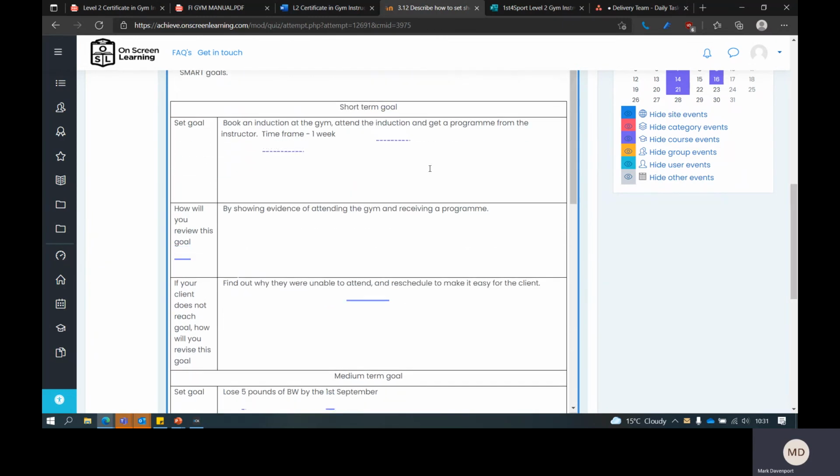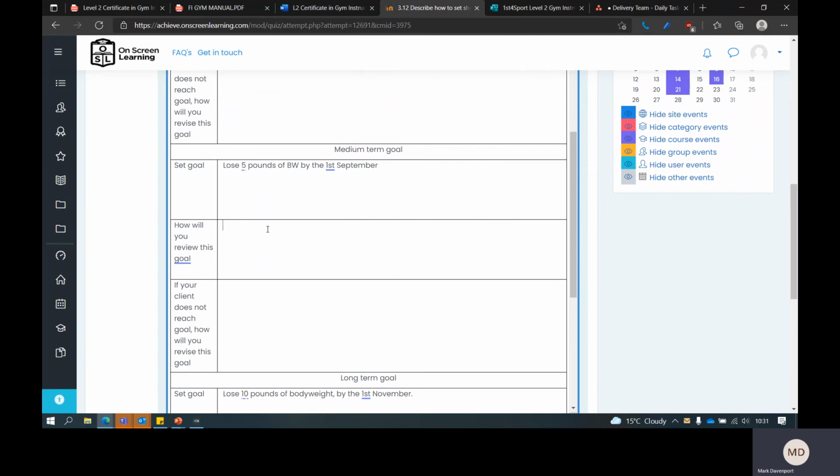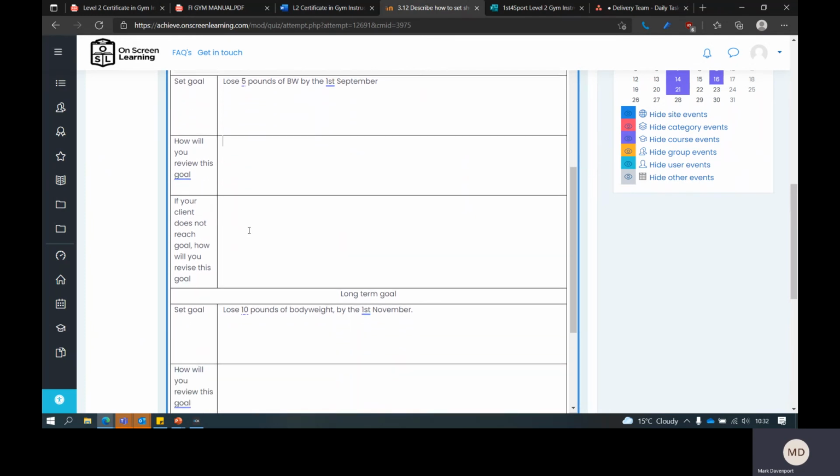Just make sure you've got enough detail in there. Obviously, you'd fill in how you'd review this goal. For example, for a body weight goal, you might sit down with a client and have a meeting. You want to ensure that you've got a tracking procedure in place. So you're going to be tracking by using scales if it's a body weight goal. If it's a percentage of body fat, you might use calipers or some other method of measuring them. But try not to make it too technical.